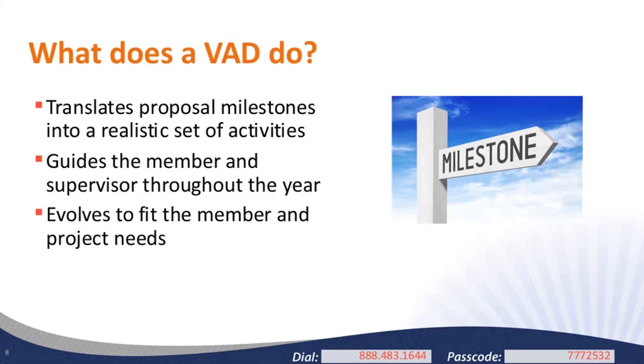The VAD also guides the member and supervisor throughout the year, which is one of the reasons why it's so important, and we'll talk more about that guidance. In addition, the VAD can be adapted as the project evolves and the unique strengths and challenges of your community or your VISTA become apparent. We like to emphasize that the VAD is a living document that's tailored to the needs of the community and the organization. So VADs can and often do change, but with some limits. So just keep in mind that significant changes to a VAD should be discussed with your CNCS state office before you make those changes.